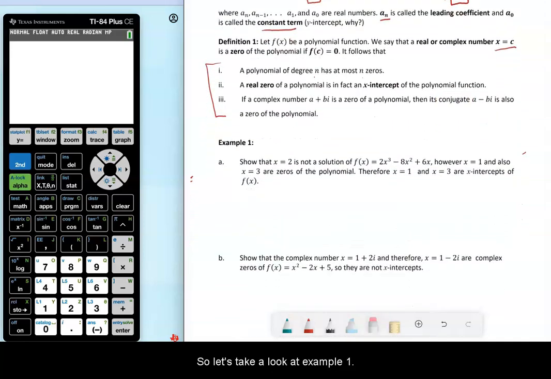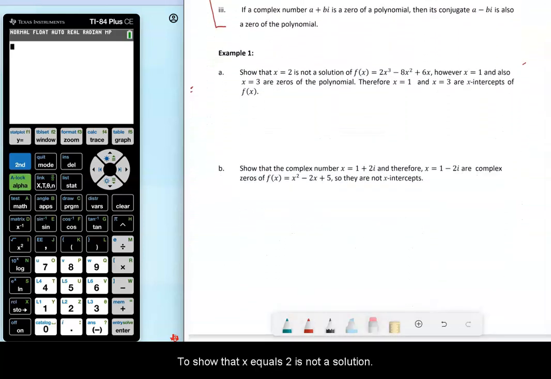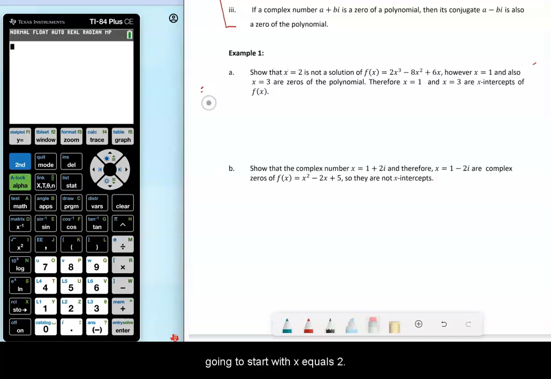So let's take a look at example 1. It says, show that x equals 2 is not a solution. However, x equals 1 and also x equals 3 are zeros of the polynomial. Therefore, x equals 1 and x equals 3 are intercepts of f of x. So we're going to go into this, and it has several parts. We're going to start with x equals 2. If we have x equals 2,